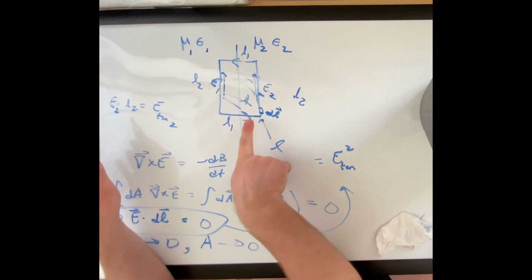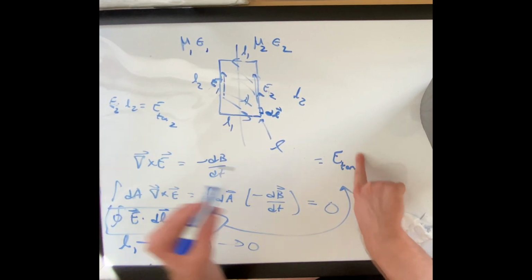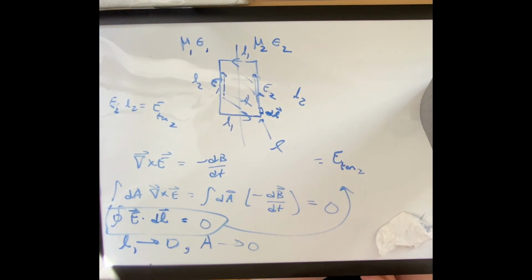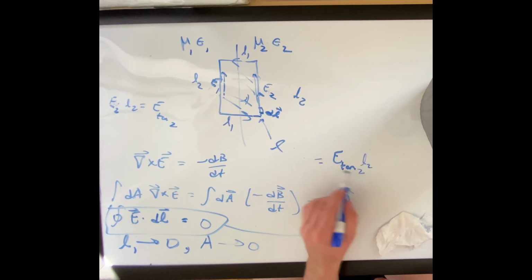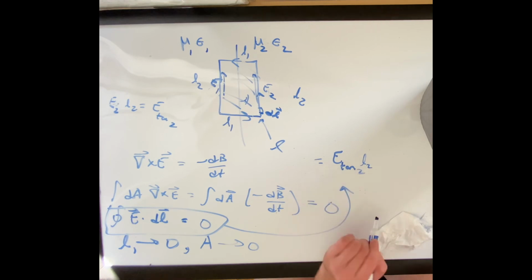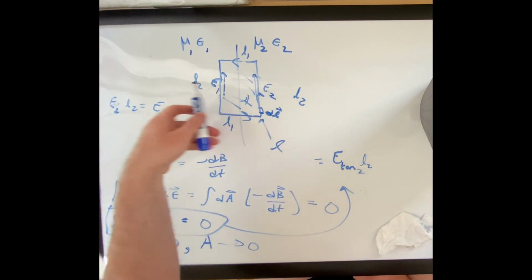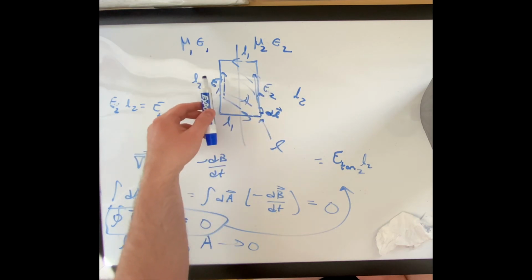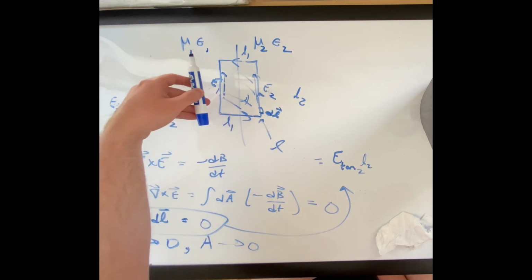What we need here is E2 dot L2. Therefore, we get E tan 2 times the length, L2. It's not a dot product anymore. We've already done the dot product by getting tan. And then when we go this way, well, E1 was still going up. We have to choose one direction for them. So E1 dot L2 is going to be minus